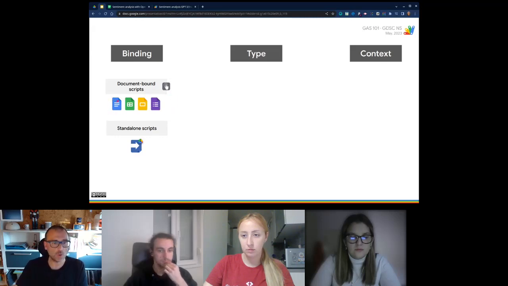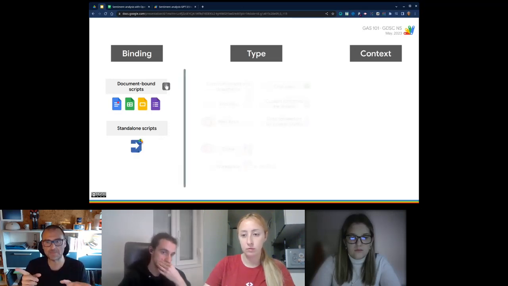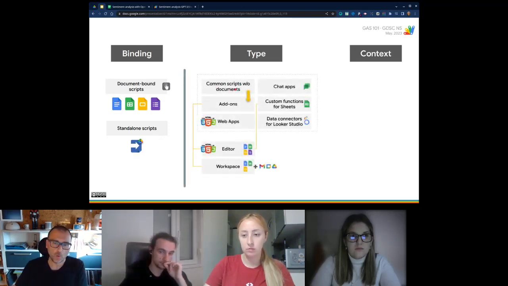Okay, if you copy a document, the script inside also gets copied, but it's a different one. It's a copy. The same as the document is cloned, the script is also cloned. The important part, type. We have what I call common scripts, with or without documents.